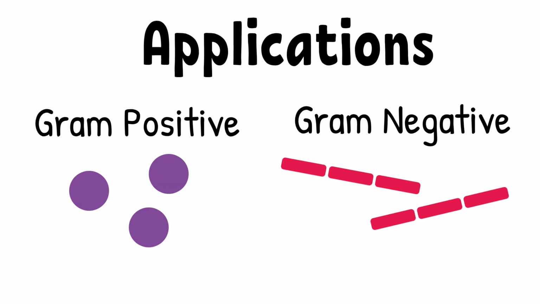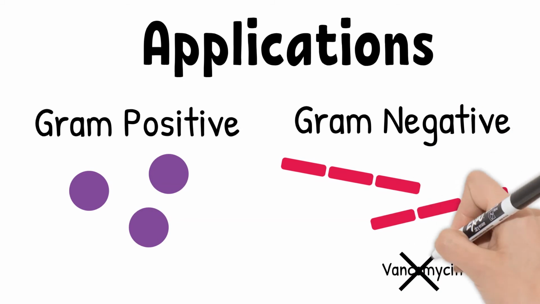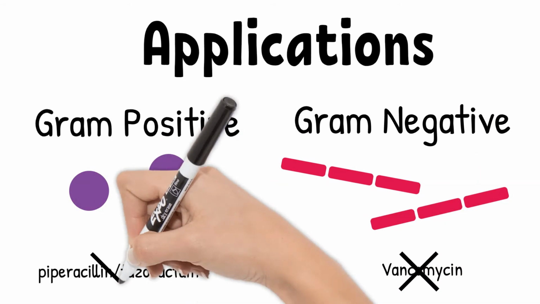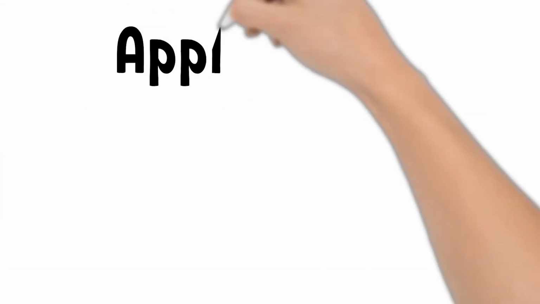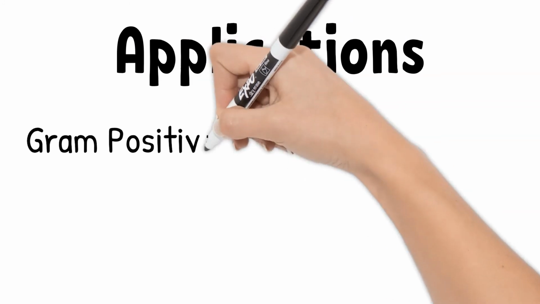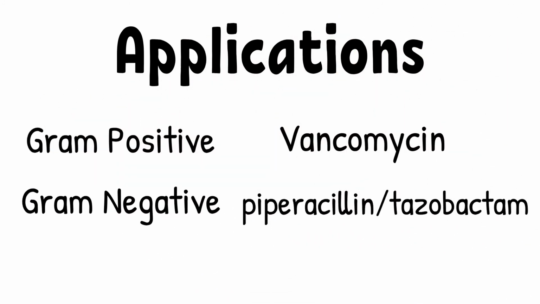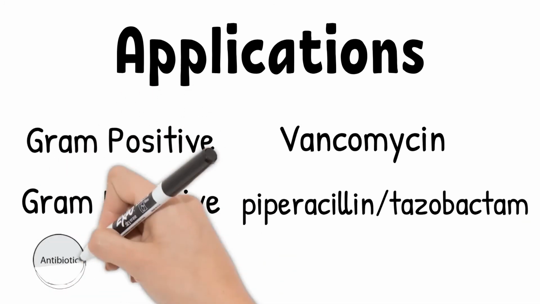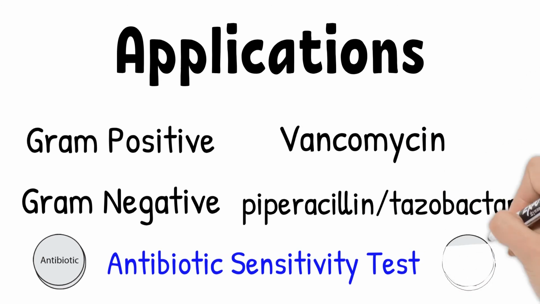In general, you will not give vancomycin for patients whose infection is caused by gram-negative bacteria, and you will not give tazobactam for gram-positive bacteria infection. So, gram-positive think vancomycin, gram-negative think piperacillin or tazobactam. But there is some crossover, which is why we perform antibiotic sensitivity tests. Keep in mind that